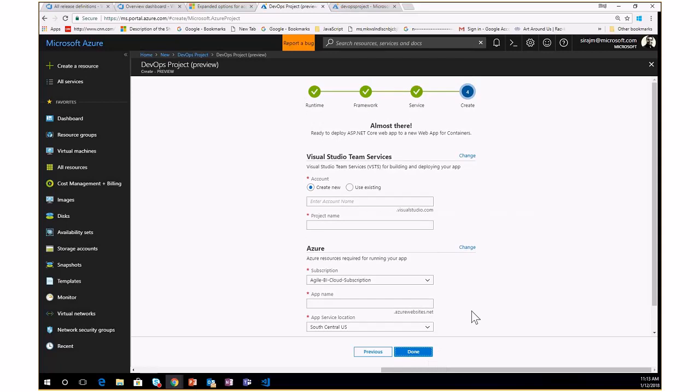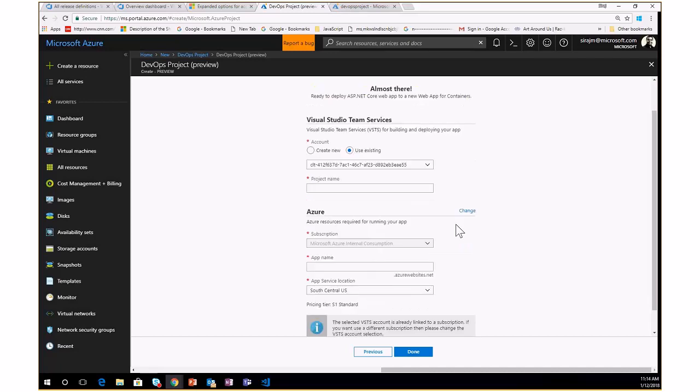Here, I can connect my project with my VSTS account. So if you have a VSTS account, you can use existing one. So I can pick up my VSTS account. If you don't have one, you can create a new one. And as you know, there are several options to use VSTS. First 5 user VSTS accounts are free, so you can use a free account, or you can use your corporate account. So here I can say, hey, this is my Azure